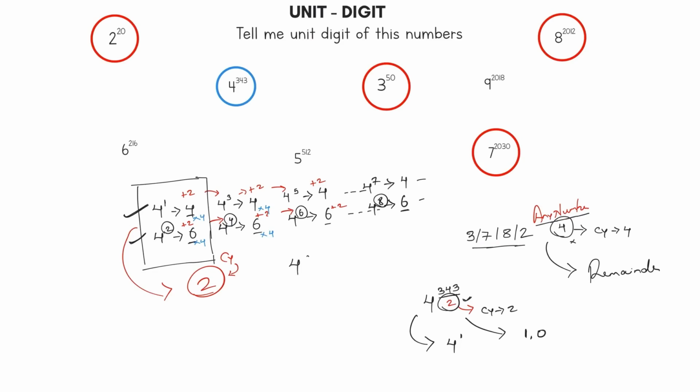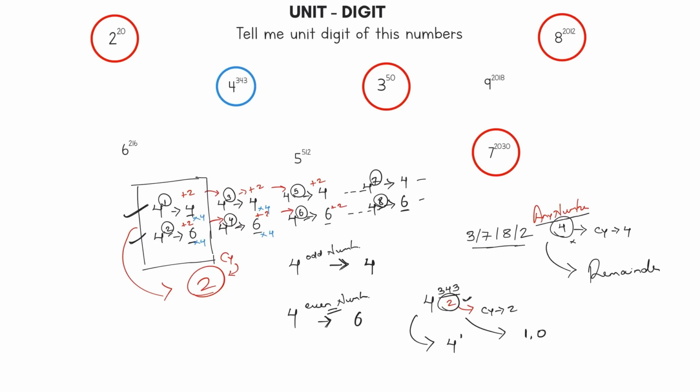4 raised to an odd number and 4 raised to an even number. Since this has a cyclicity of only 2, we can apply a simple logic here as well. Whenever 4 is raised to any odd number, check it, 1, 3, 5, 7, the unit digit has to be 4. And whenever 4 is raised to any even number, what is an even number now? 2, 4, 6 and then 8,